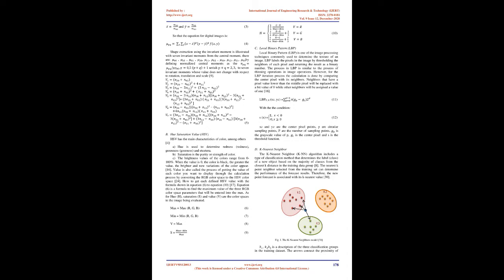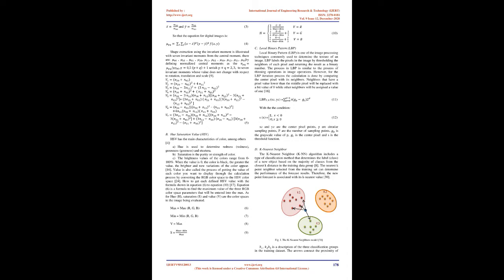2. Related works. A. Invariant moment. Invariant moment is a function used in probability theory to analyze the form of a set of moments of a function f(x,y). Moment order (p+q) is a continuous function f(x,y), which can be interpreted that p, q equals 0, 1, 2. And B. Hue Saturation Value, HSV: a. Hue is used to determine redness, greenness, and